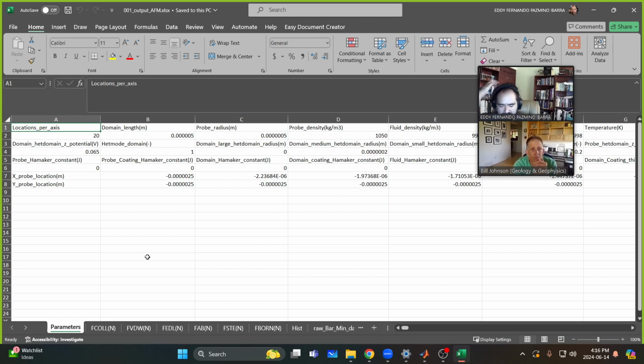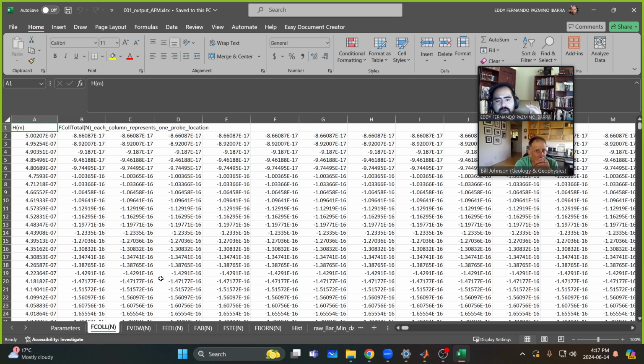Just to finish up, I'm going to show you the data being saved, and you're going to end up with a file that says something like 001 output AFM. You can rerun more. It's going to be 002, 003. You won't lose the data. The very first spreadsheet is just the parameters, all the input file that we used to generate the data. The second one is the colloidal force for each location. Remember, we have 400 locations,